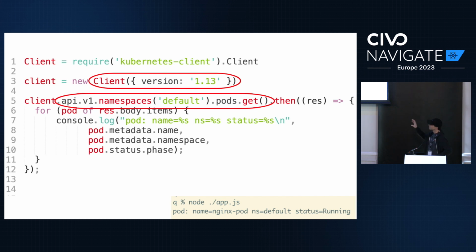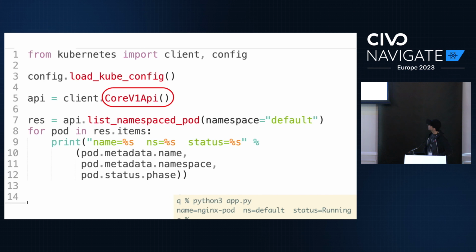And here as well, the pod object is a thin wrapper, so you have to access the fields from their native data structures as they're described in the Swagger spec. And then there's an output result there. So we have our Nginx pod, and it's in the default namespace. So now this is the